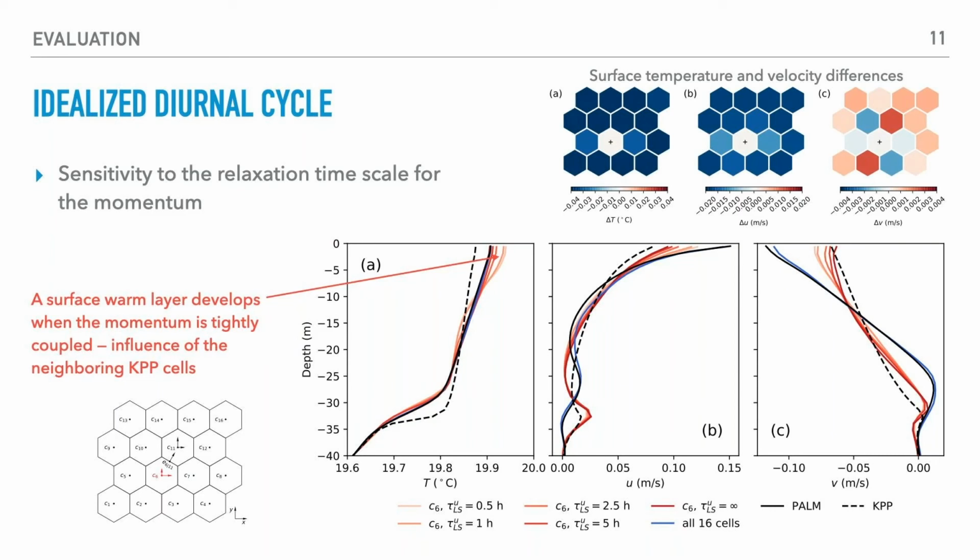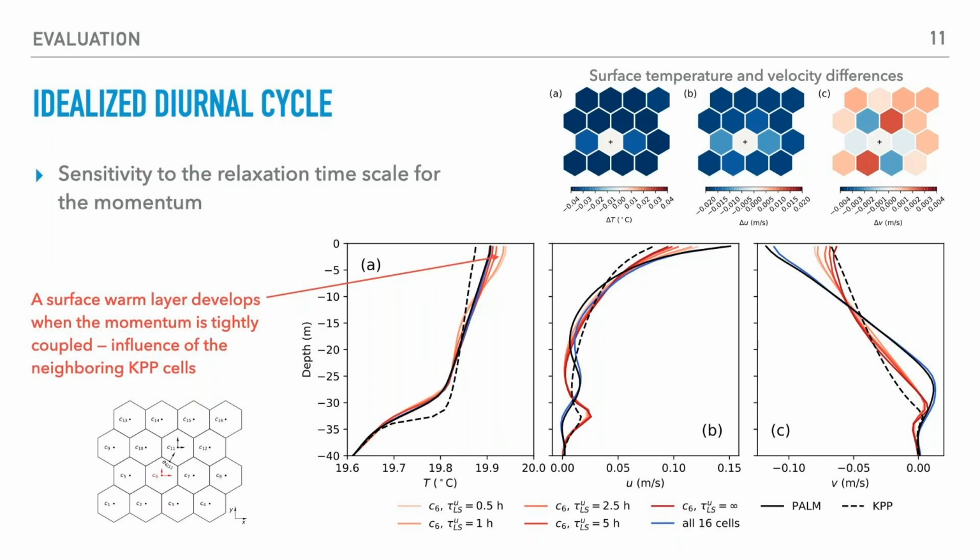And also here, I'm showing the surface temperature and the velocity differences among the neighboring cells. Remember, all the 15 cells are using KPP, whereas the 6th cell is using PALM. So you see that there are some differences among these cells. But I guess this is one of the future works we'll need to address: how we combine these two different representations